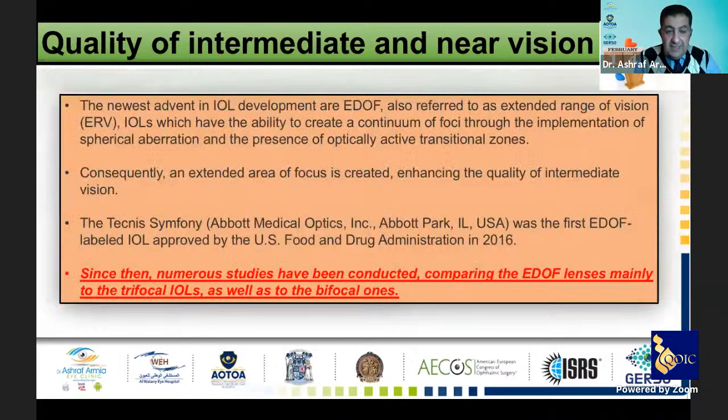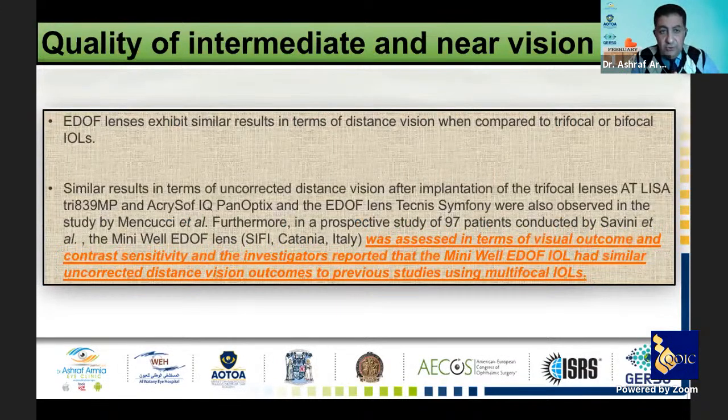Numerous studies have been concluded comparing the EDOF lenses mainly to trifocal IOLs, more than the bifocal, which is decreasing nowadays. The Tecnis Symphony was the first EDOF-labeled IOL approved in the US in 2016. If we talk about the quality for intermediate and near, the EDOF lenses exhibit similar results in terms of distant vision when compared to trifocal and bifocal. We also have similar results on corrected distant vision after implantation of trifocals, like the AtLisa or